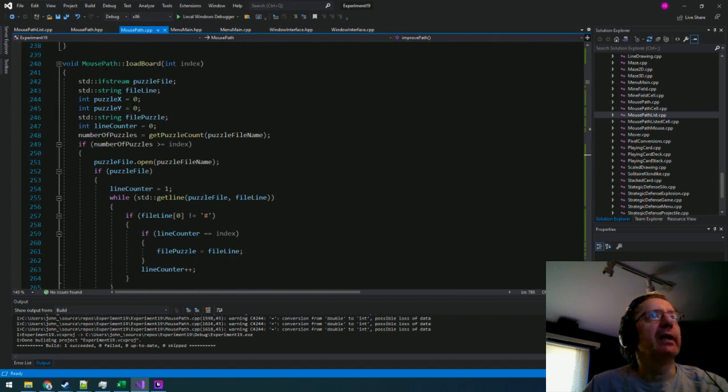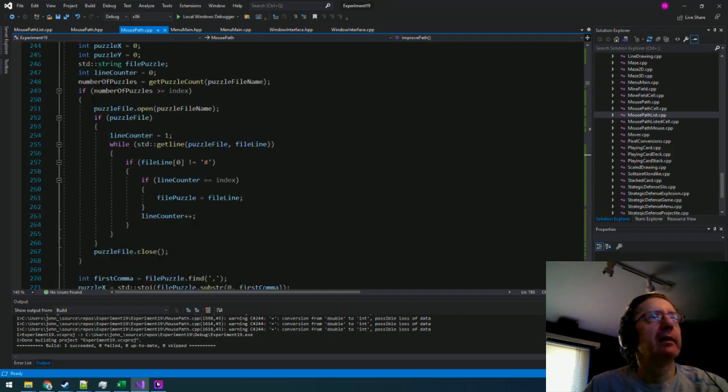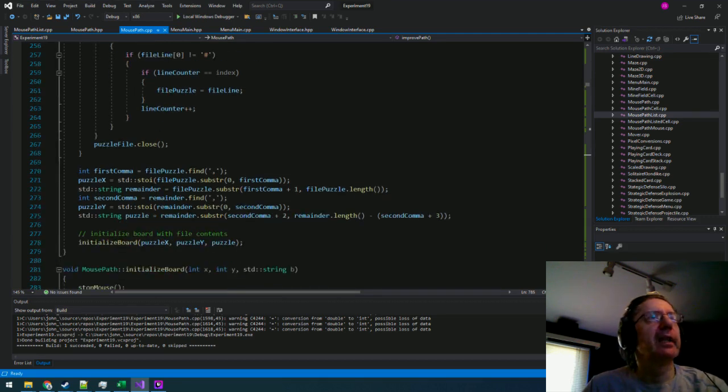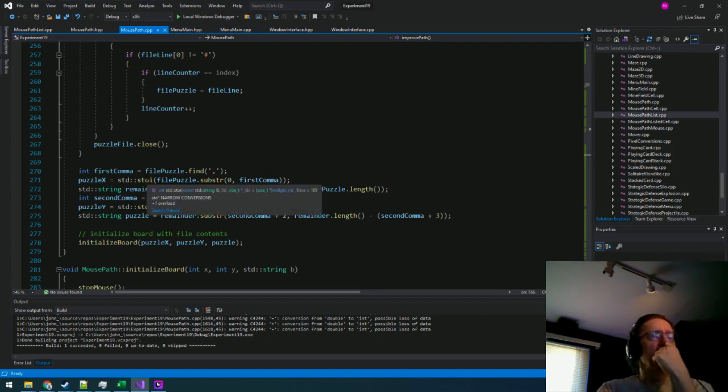So if it loads a board with an index, it gets the line, makes sure it's not a comment, and a puzzle fits on a single line. It parses it for size. This is where having, and I haven't done this on some of the earlier code,